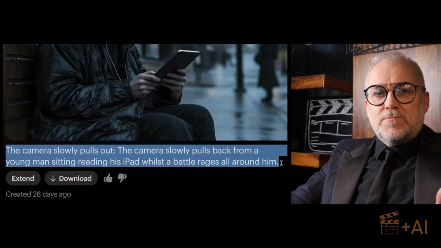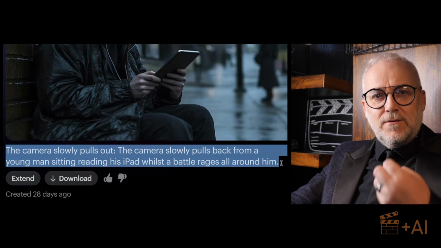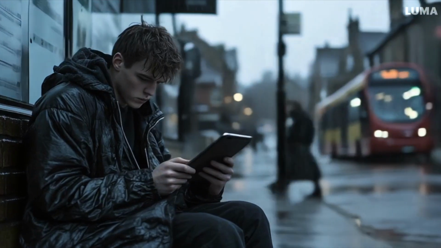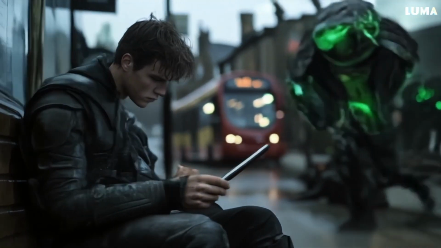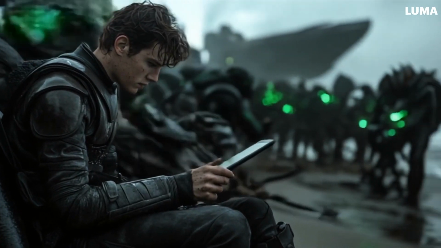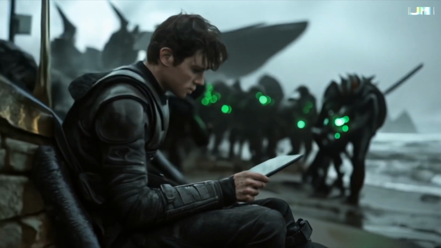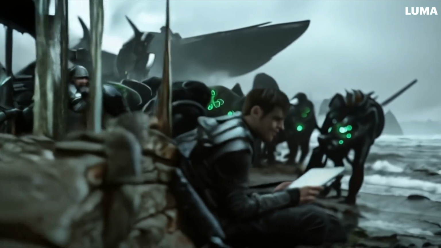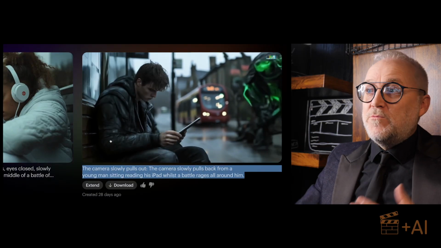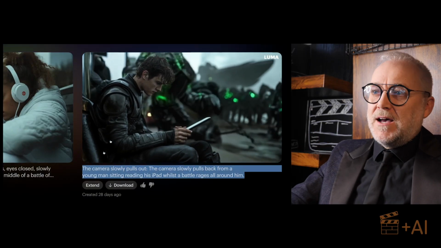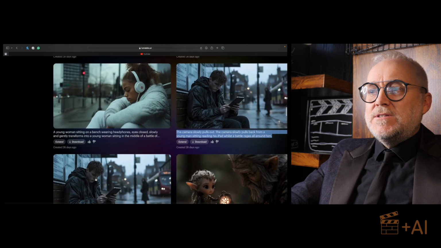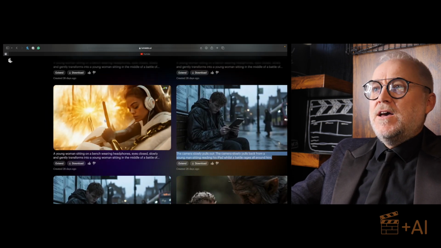Even though it wasn't in the drop-down list, I've been trying things to see how much does it understand. So we got this, and there's no pulling out or pulling back. There is the transition from one shot to the other, and then it starts to slowly pull back. So there's some movement there. It's kind of got it. Then there was this shot here, which,